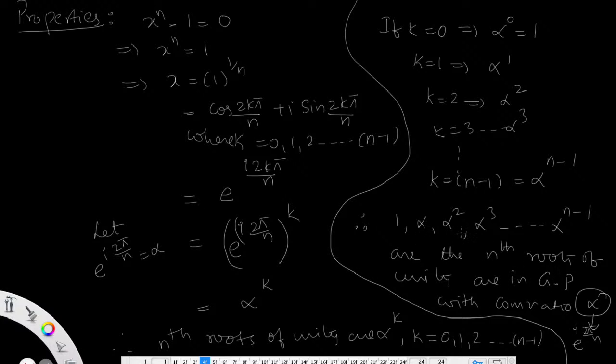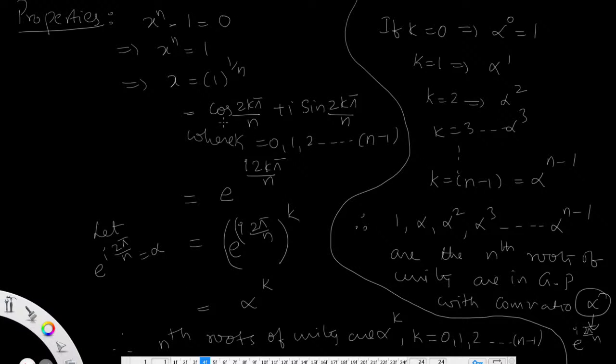Why? Because the common ratio of each term is alpha, where alpha is nothing but e to the power of i 2 pi by n. So this is the property. Properties here mean the sum of the nth roots of unity and the product of the nth roots of unity. For these properties, I am deriving everything from x power n minus 1